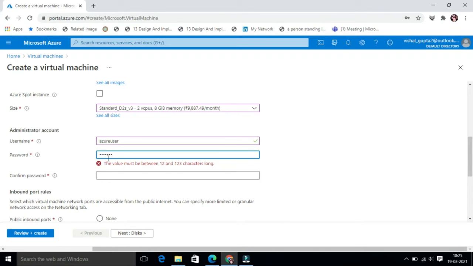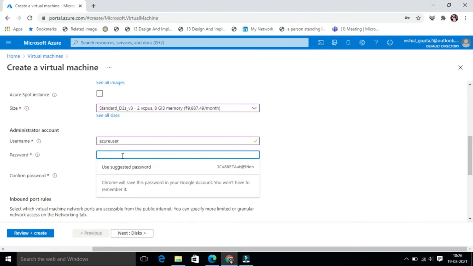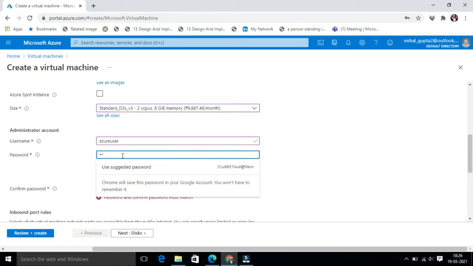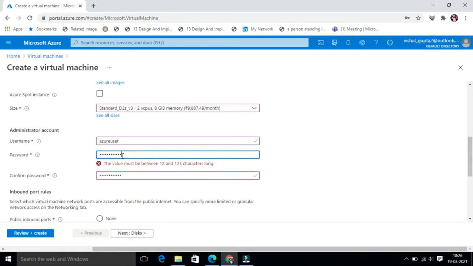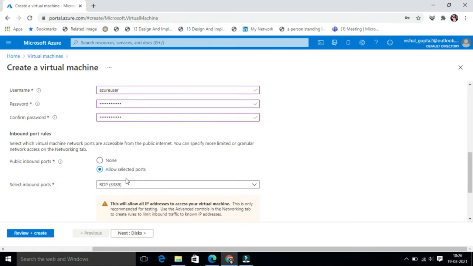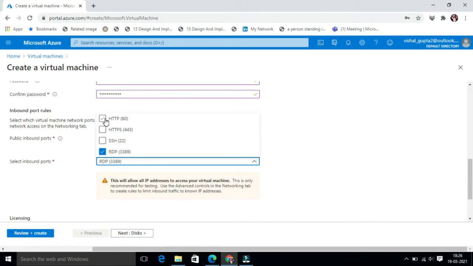The passwords must match. I will select two inbound ports, RDP 3389 and HTTP 80.